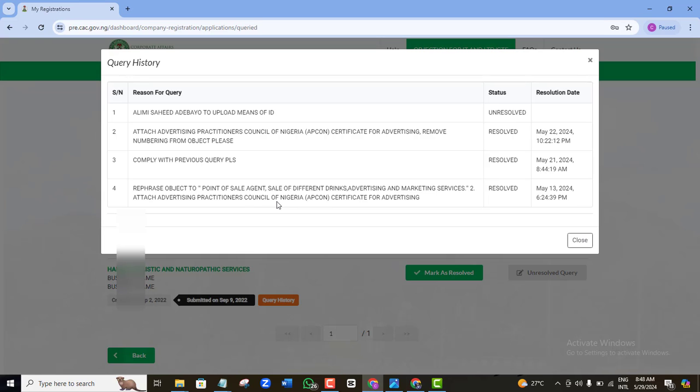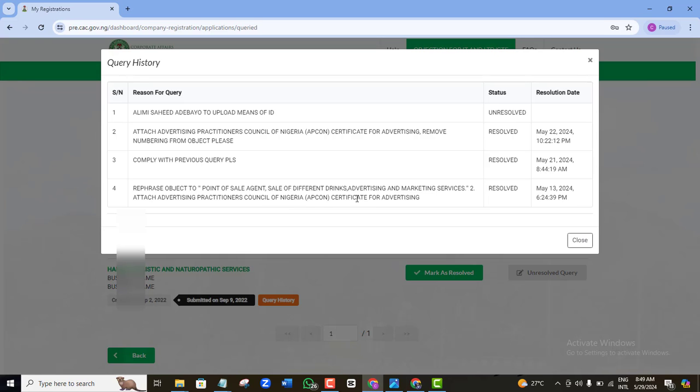Not all businesses will require you to upload a proficiency certificate. For example, if you run a POS business, you are not going to need any certificate for that. If you're selling drinks, nobody's going to ask you for that. If you're a carpenter or a furniture person, nobody's going to ask you for a proficiency certificate. But there are some businesses for which CAC will require that you supply a proficiency certificate. Take for example, if you want to open a clinic, of course CAC wants to be sure that you're a doctor or you are certified to practice, so they will ask for a proficiency certificate.